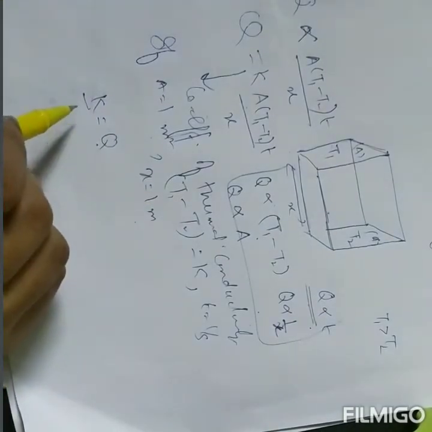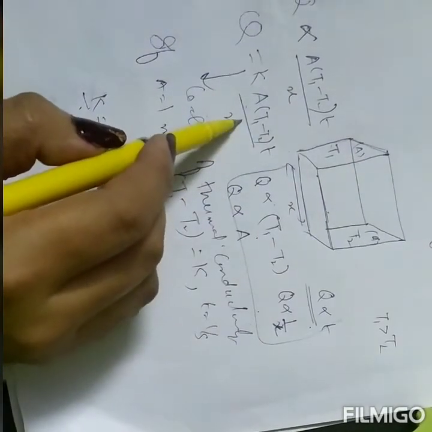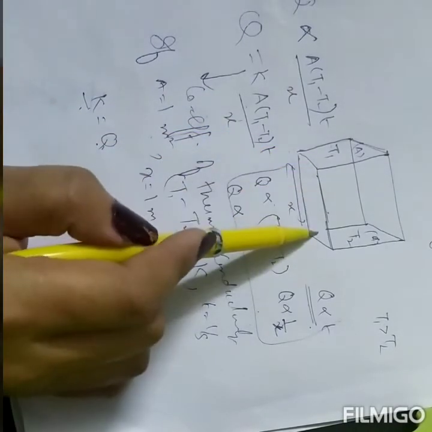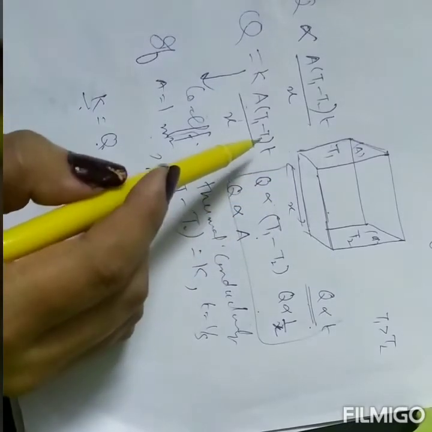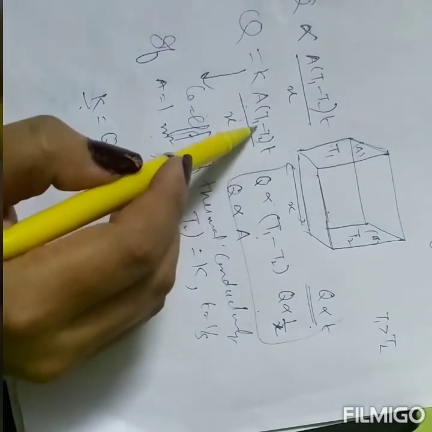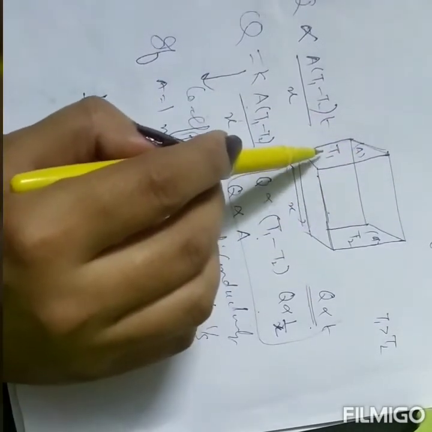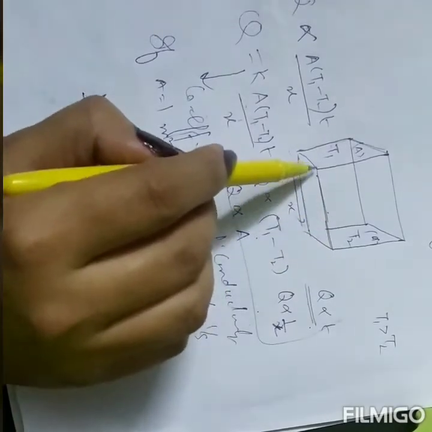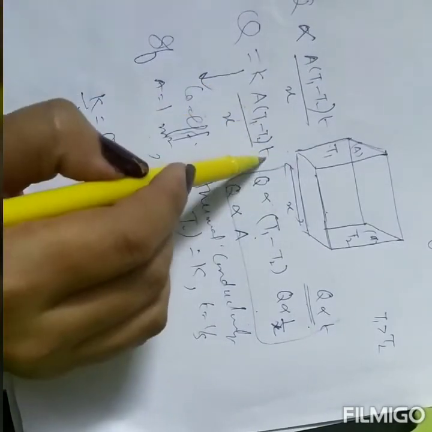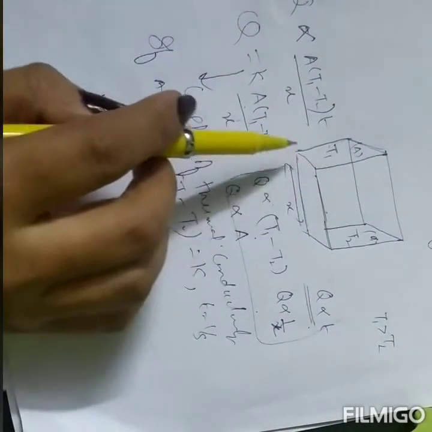Okay, so thermal conductivity is equal to the heat flow through a unit cube, or a cube of unit volume, when its opposite phases are kept at a temperature difference of 1 degree Celsius or 1 Kelvin, because this T1 minus T2 should also be equal to 1. It means the temperature difference between the two phases is equivalent to 1 degree Celsius. So we are taking this as 1, area as 1, time as 1, x as 1, then K is equal to Q. So it is the heat flow through a cube of unit volume.